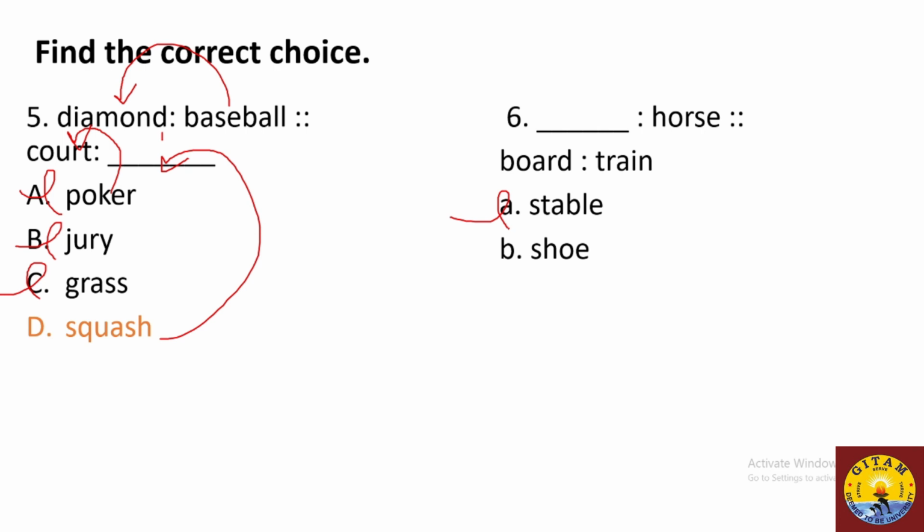I don't think shoe and horse have any connection. We don't say shoes to horse. That doesn't make any logical sense. You ride a horse, fantastic. But if ride were to be your answer, it should be train drive. You drive a train, right? So you're not talking about driving a train, you're talking about boarding a train. Now look at this. You mount a horse. You physically get into a train in order to travel, and you physically mount a horse in order to ride a horse. Therefore, mount should be your answer.